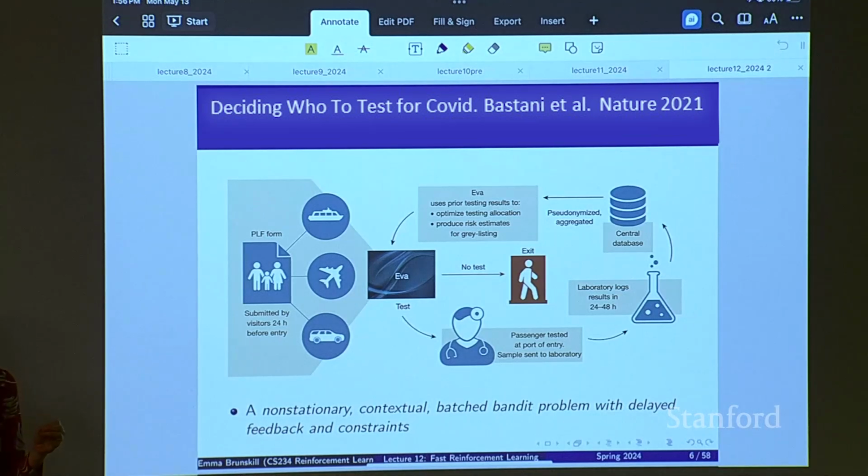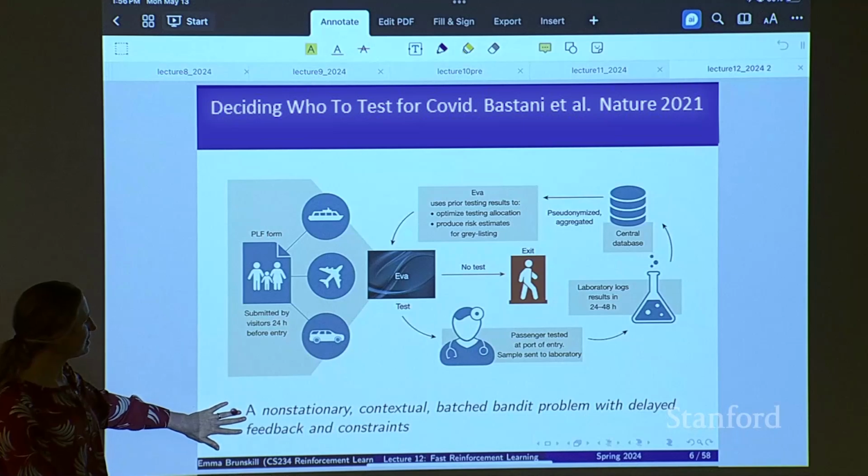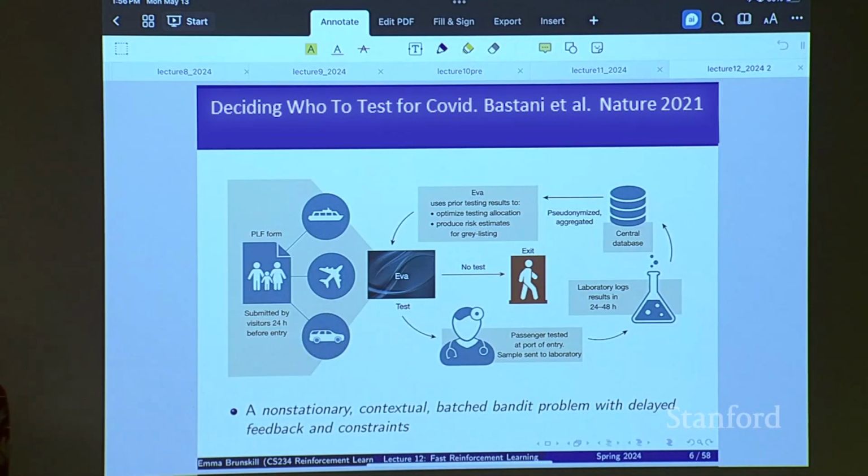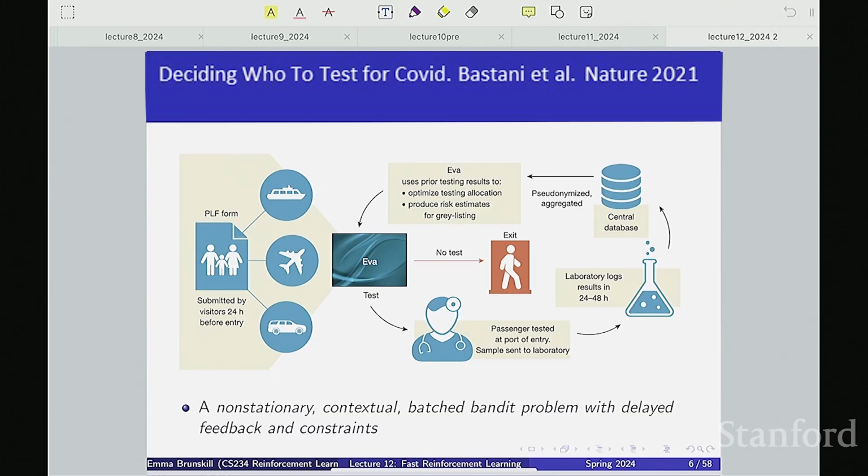And then one of the interesting things they also had to do here is to understand how much of an impact it made, because they weren't going to do a randomized control trial in COVID to understand this. So another interesting thing that this paper looks at is using offline methods, like the batch methods you've been seeing in the past, to try to estimate the counterfactual of how much impact this had. So I think it's a really nice example of a lot of the different ideas that we've been seeing in this class.